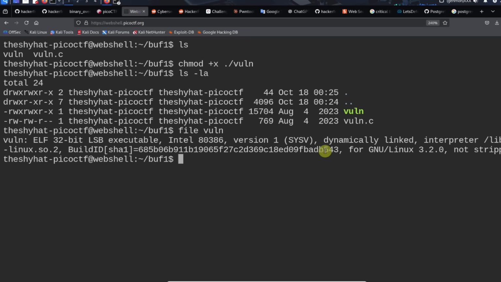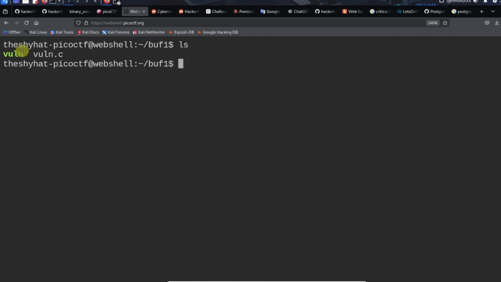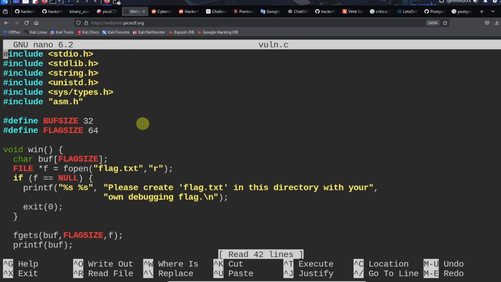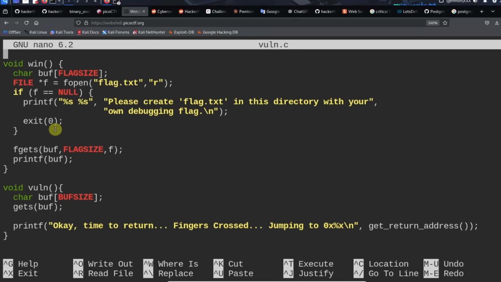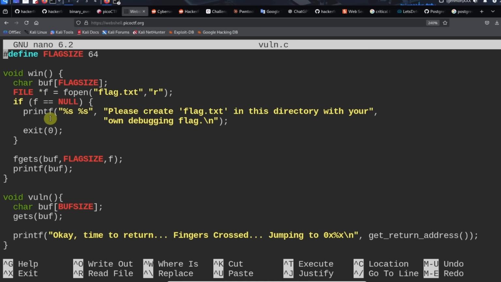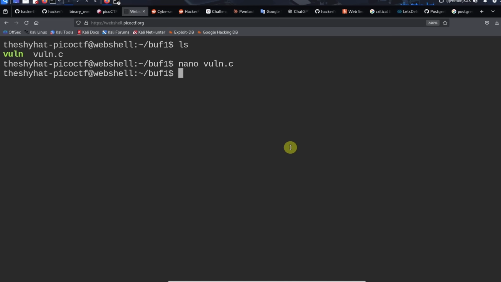So if you go over to your web shell, you can take a look at the code. And the code here includes the win function up here. The win function says, open up the flag.txt file and read it. But if there's no file, then it's going to tell you to create a flag.txt file in this directory with your own debugging flag. So we can create the flag with the echo command to flag.txt. How about